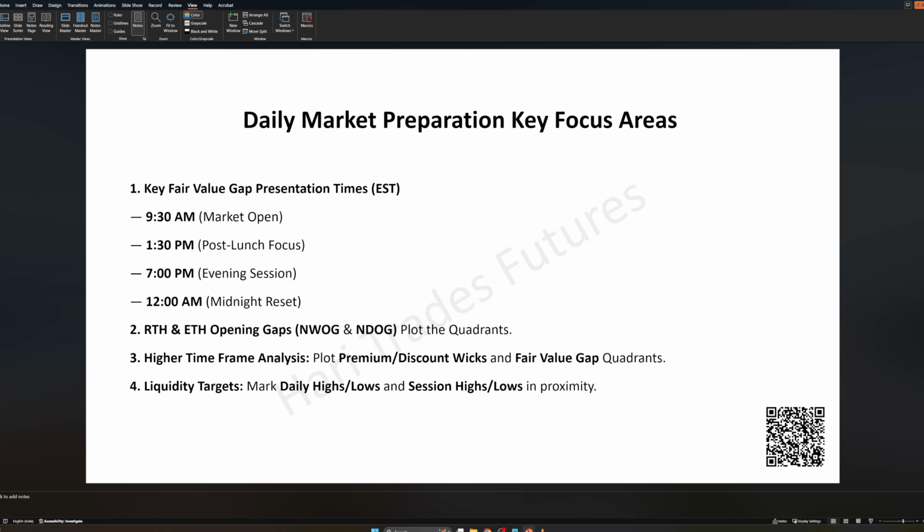So you need to do this pre-routine market activity every day before the market opens. You need to have all these things on your chart before market open. So once all these things are plotted on your chart,